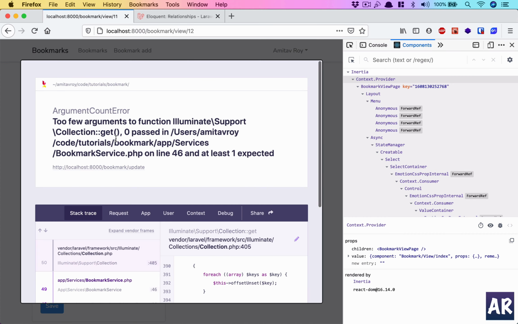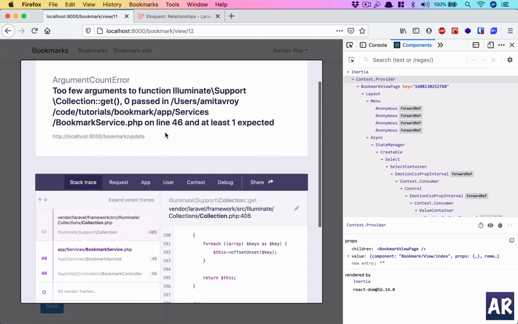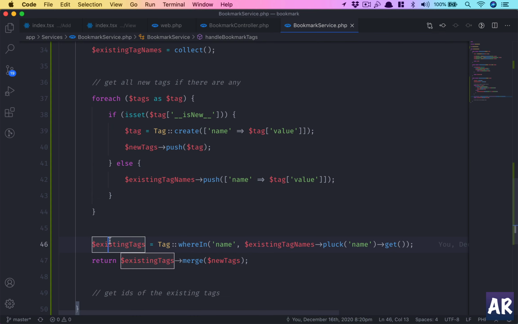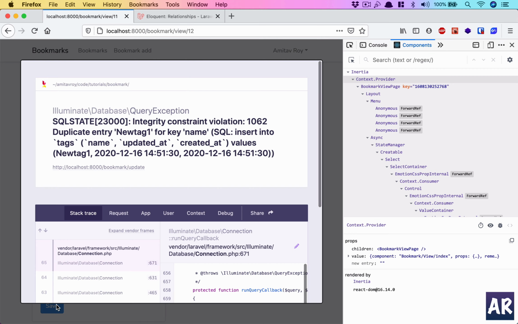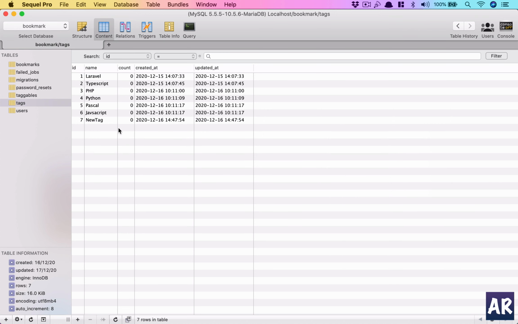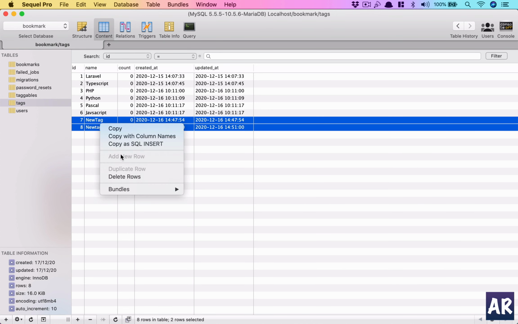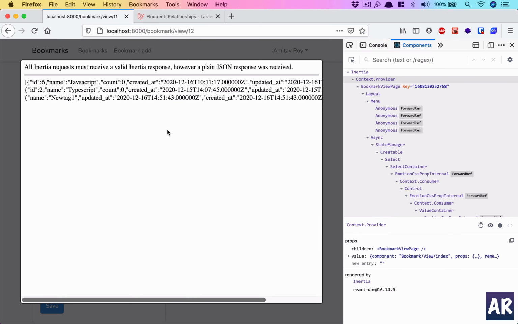there is some problem. Collection get app service line number, where is it? Line number 46 is here. Oh, it should be like this. Okay, so with Inertia, the good thing is, okay, the new this will throw an error. Why don't I delete this? Anyways, these two are not required, so I'll just clean it up, hit save again, and now we have the